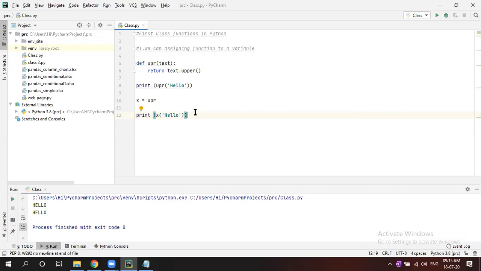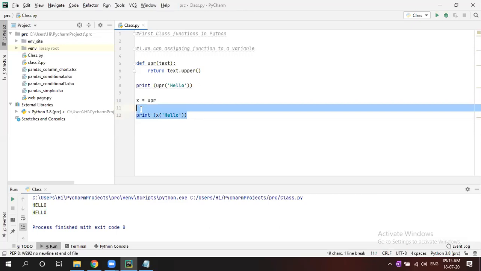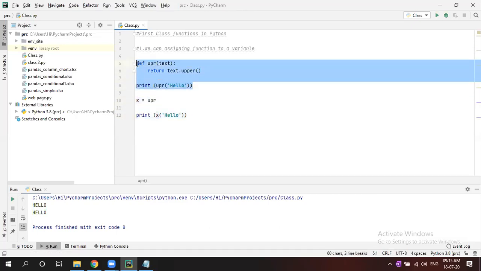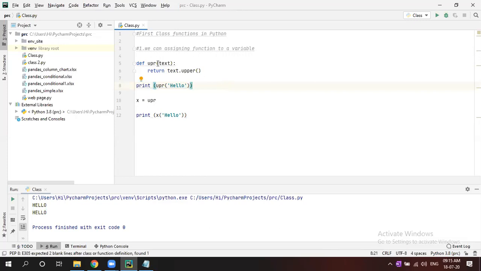Clear? You first define that function, then if you want to assign that function to a variable, you can assign it. So this is a characteristic of a first class function, that we can assign a function to a variable.